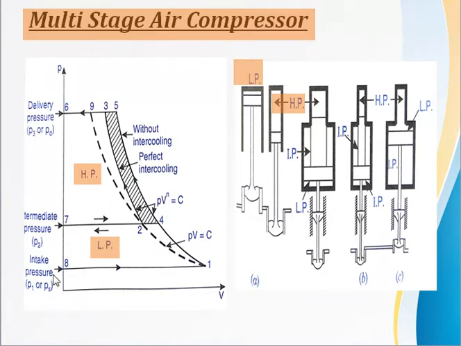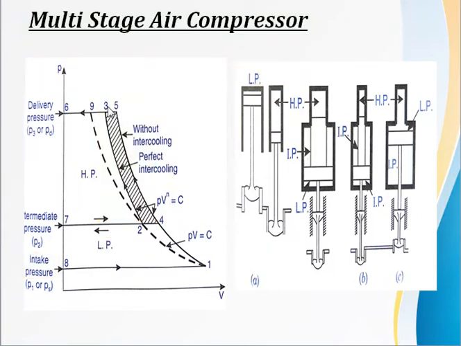So here what happens, first the inlet pressure at point 1, it goes from 1 to 4, again 4 to 2, 2 to 3 and 3 to 6 in this case. Now here you can clearly see this shaded part is the saving of work. So saving of work means what? If you don't intercool, you are losing the work. You will be losing the volumetric efficiency. But the process is what? Polytropic process. Please remember this thing.